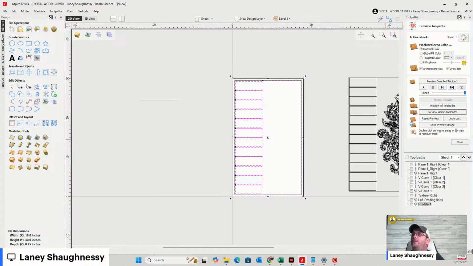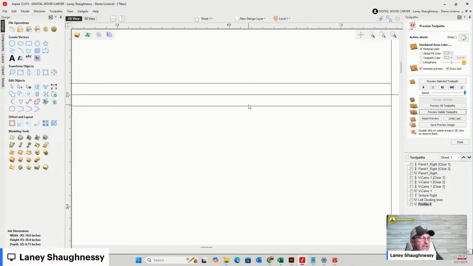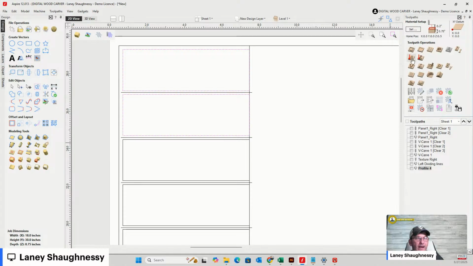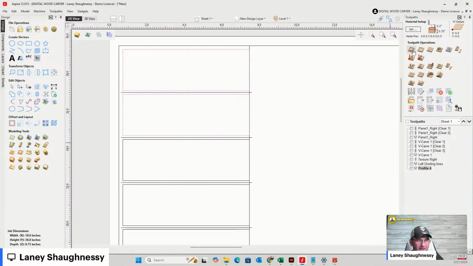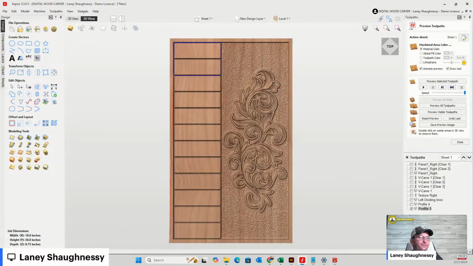Why wouldn't you just carve the rectangles on the left? Well, given the spacing of the rectangles, I'll just do two of them as an example. If I had two of them selected and I do a V-carve toolpath, profile toolpath, 3/16 of an inch deep, 60-degree V-bit on the outside of the line on those, and I calculate,